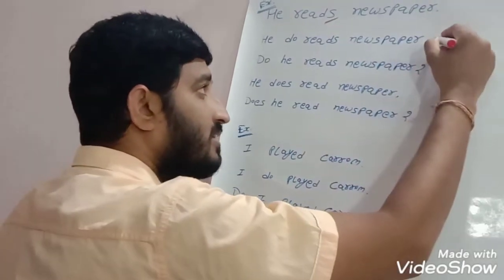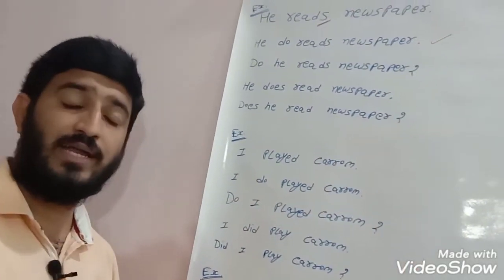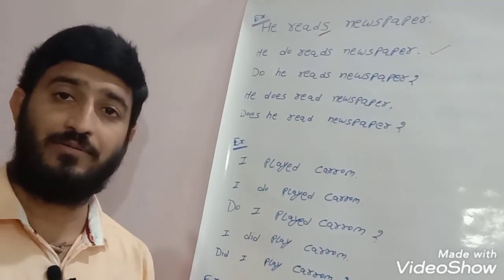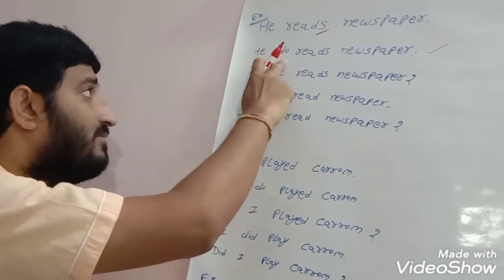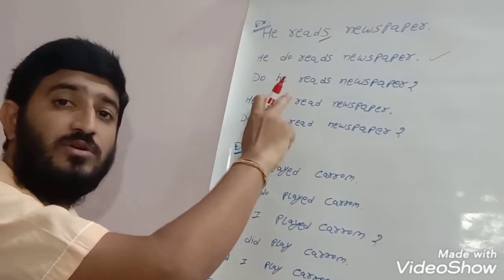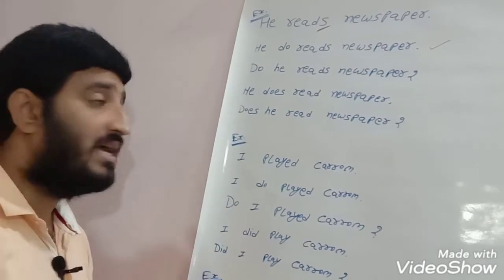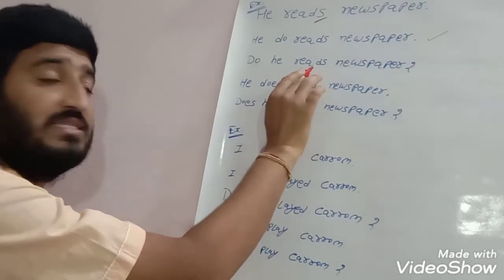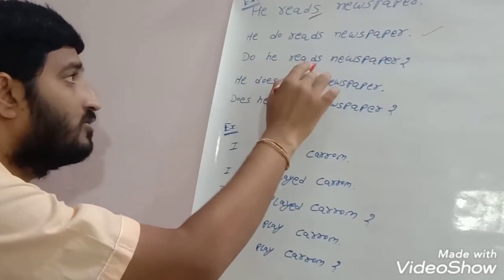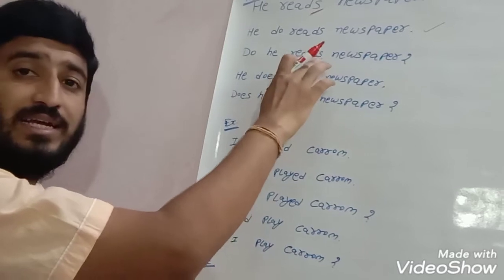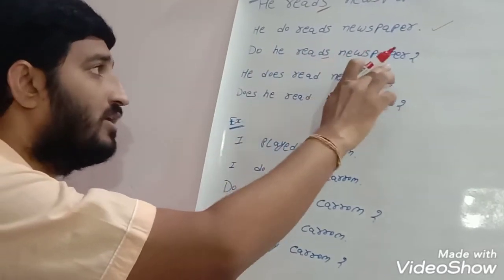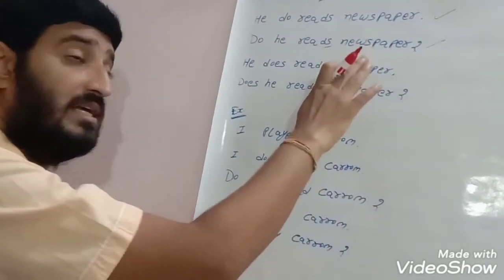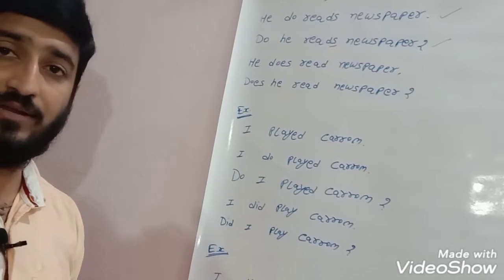It is 100% correct. In grammar books or in writings, you may find it rare, but it is grammatically correct. As we have already got the helping verb, we can easily convert it into an interrogative sentence, and our interrogative sentence will become: Do he reads newspaper? Please remember, if I am using do, it will become S or ES, so reads will be there. Do he reads newspaper? Interrogative. It is also grammatically correct. No doubt it is rare, but still it is grammatically correct.